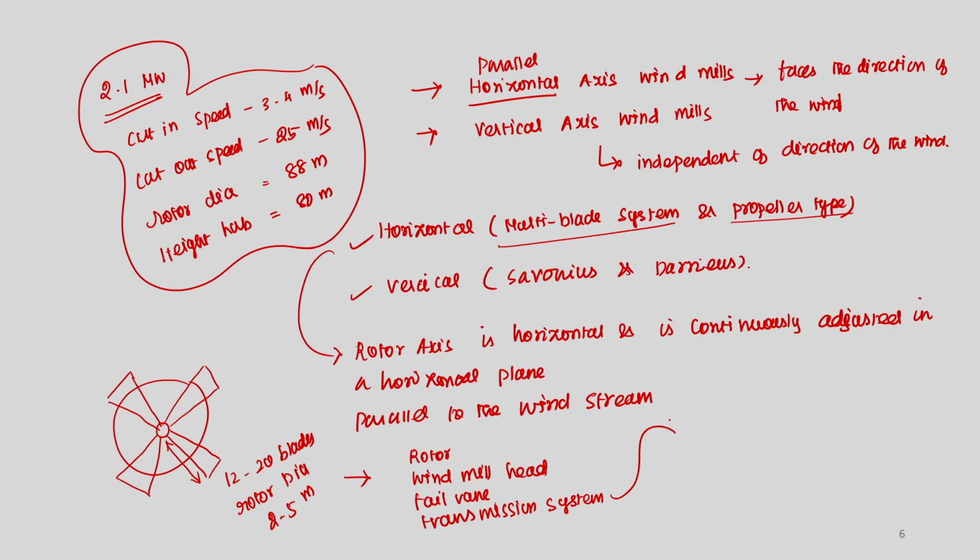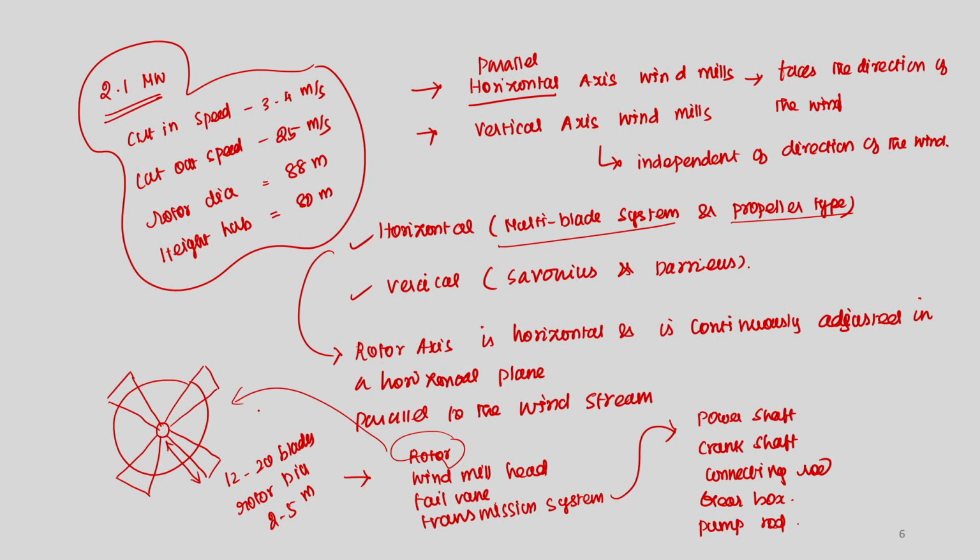So, what is this transmission system? This again consists of a power shaft, and then it may also have a crankshaft, and then a connecting rod, and then a gearbox, and then a pump rod. So, especially what we are seeing here is the rotor system, which consists of